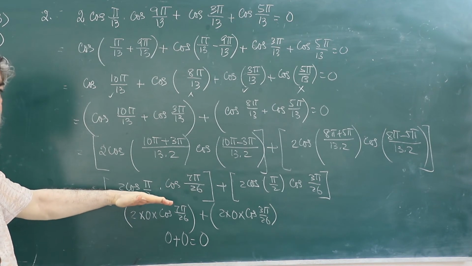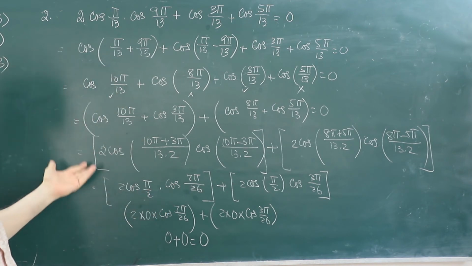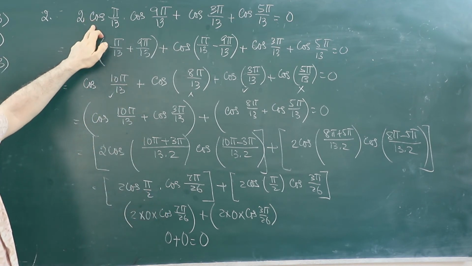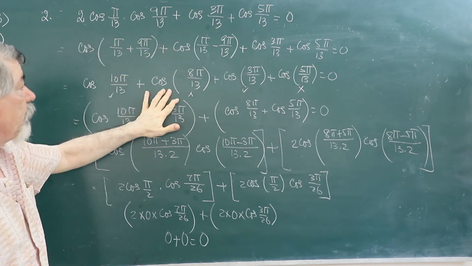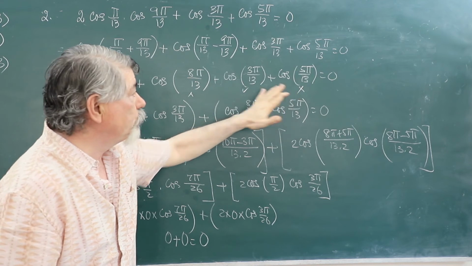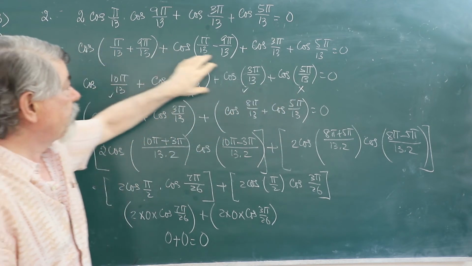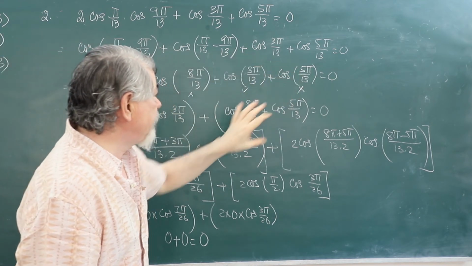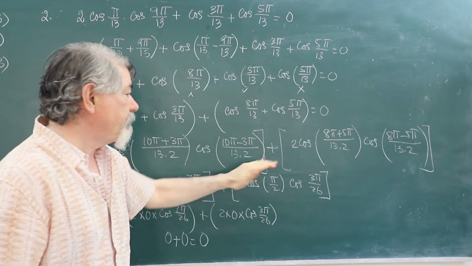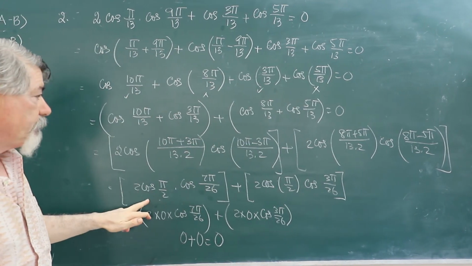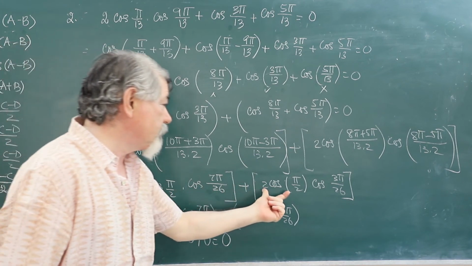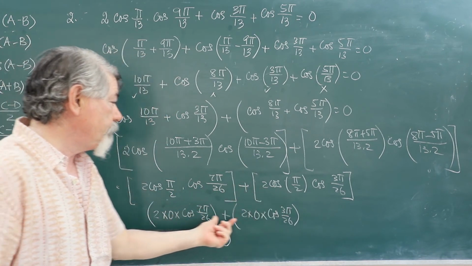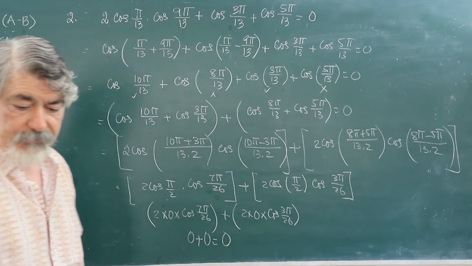Just go through this question again and see what we have done. We have 2 cos A cos B, we applied that. Once we got this, we combine two terms, cos C plus cos D, and then we expand them and see that we get cos pi by 2 here, cos pi by 2 here. Cos 90 is 0, cos 90 is 0, so 0 plus 0 will be 0.